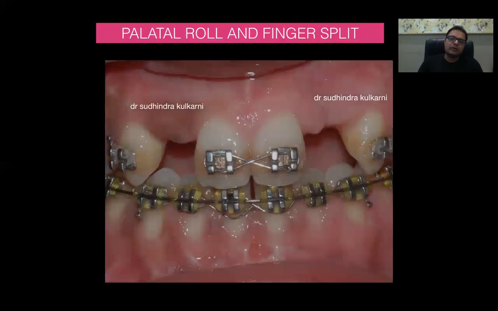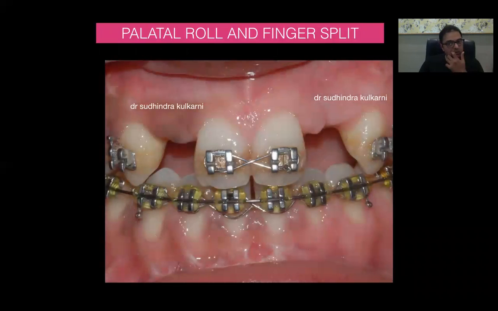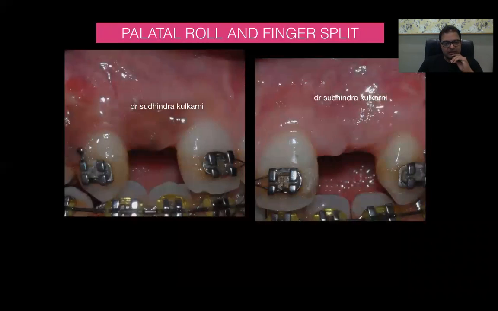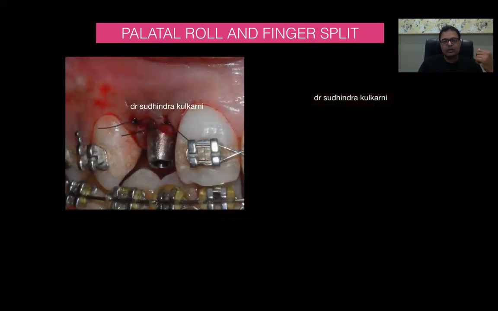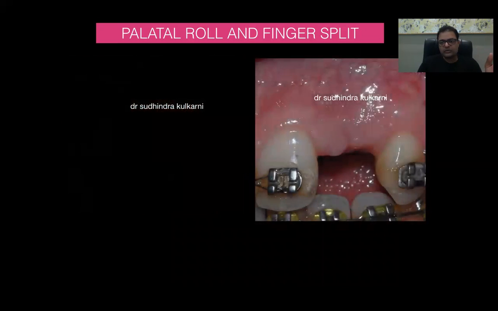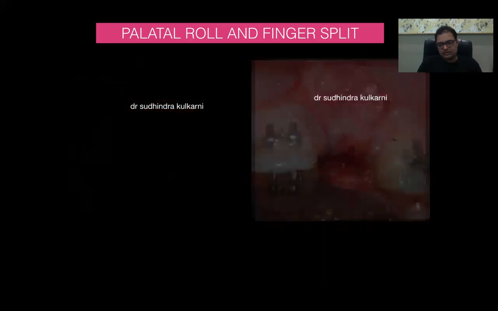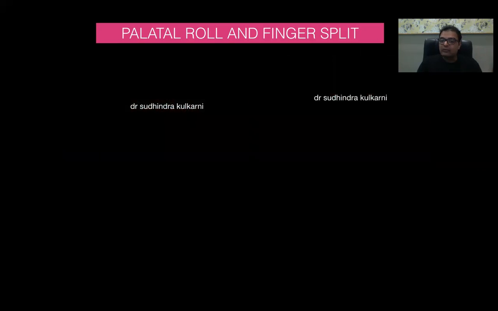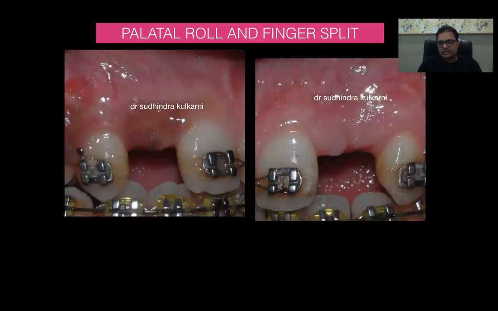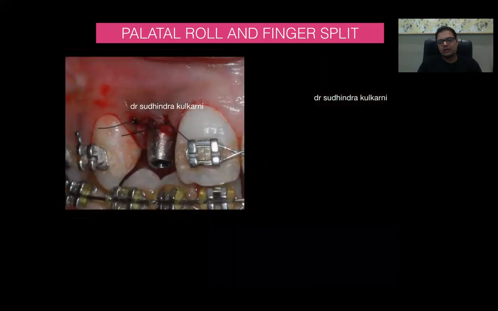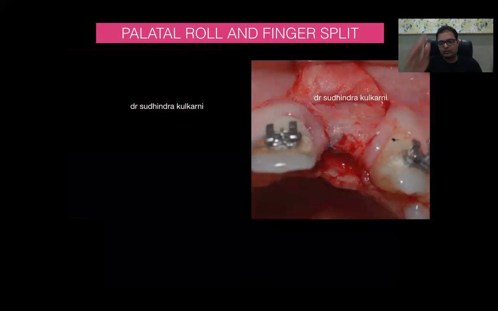One of the most common and simplest of all procedures is what we call the palatal roll and the finger split in the maxilla. Look at this case with two congenitally missing lateral incisors. This is a case on the left where we just did a nice simple contouring of the tissue to get the papilla and the buccal contours. Whereas on the other second quadrant, we didn't have the buccal contour. As you go back and see this picture, because we were missing a buccal contour, there was a buccal depression. So now what we do, go to the palate